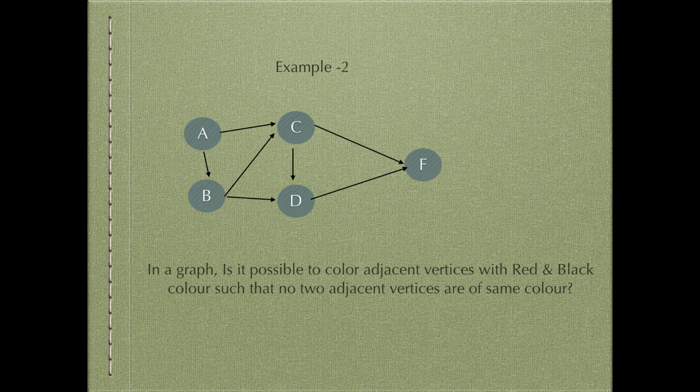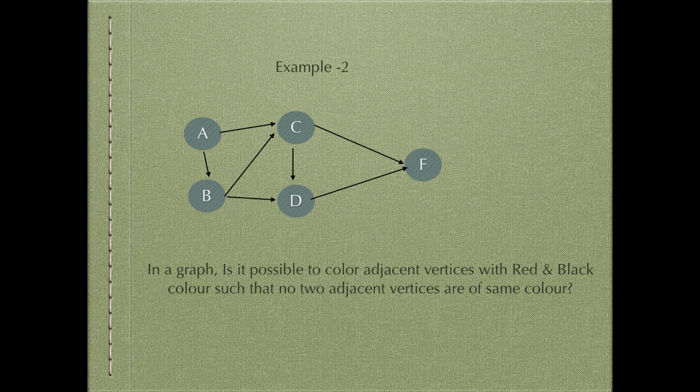Let's take a look at our second example and read through the problem statement. In the graph above, for example, is it possible to color adjacent vertices with white and black colors such that no two adjacent vertices are of the same color? So we have five nodes, and these are the edges: A to B and A to C, B to C, then B to D, C to D, C to F, and D to F. Okay, let's try to color those